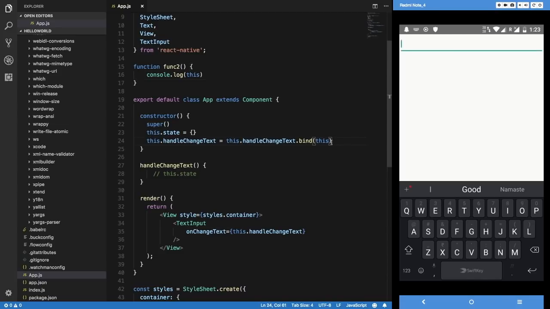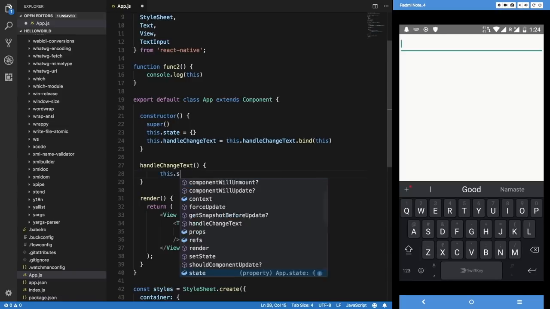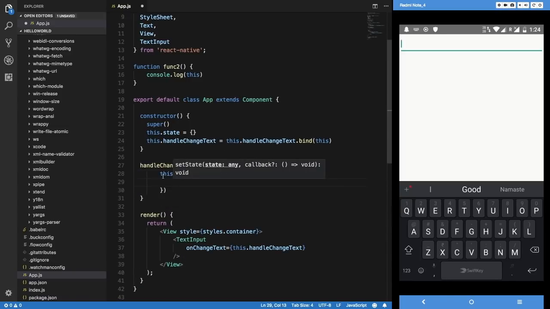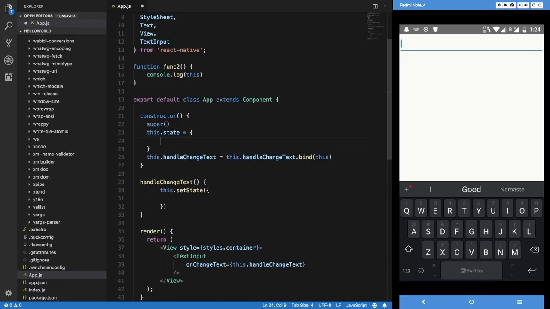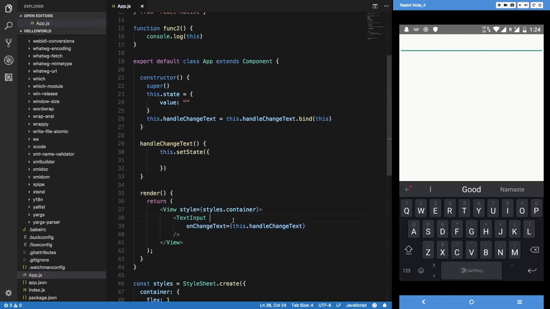So let's just get rid of this thing, and you only need to bind this if you want to actually access something from this class. If there's no use, then you can just remove this line. So what I'm going to do here is say this dot set state, and again I need to use this bind because I'm using set state, which would only be available if I am pointing to this particular class. So first of all, let me just say this is value is empty,